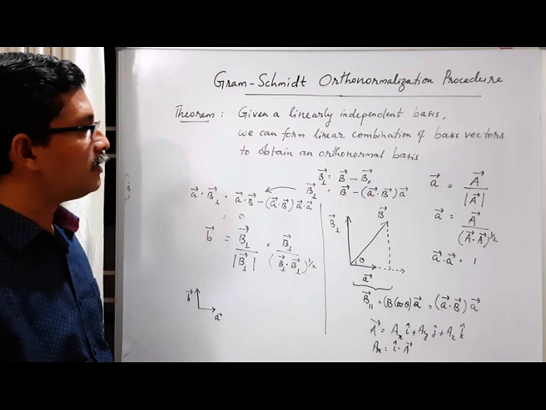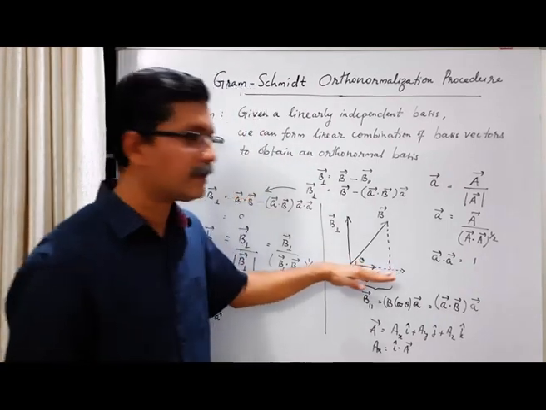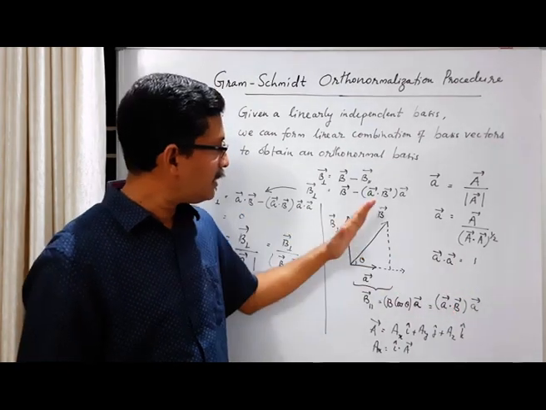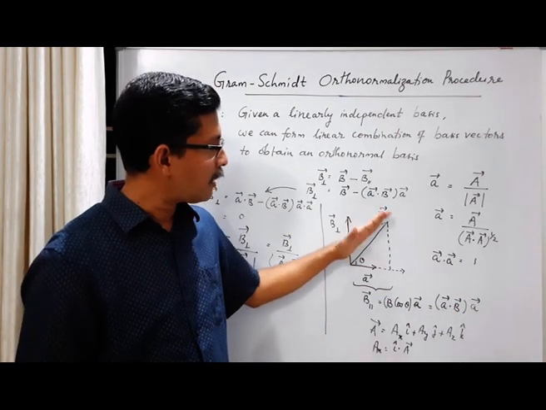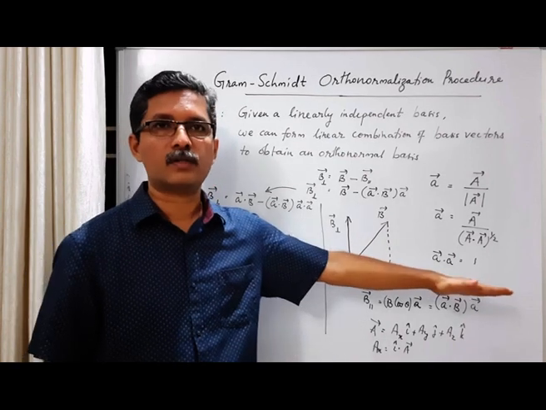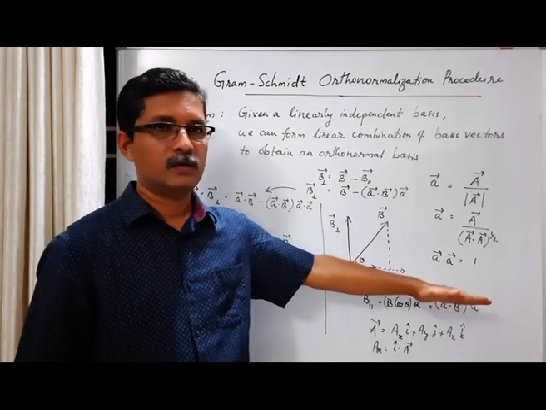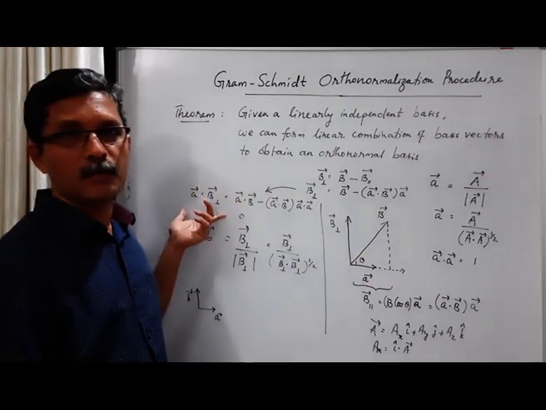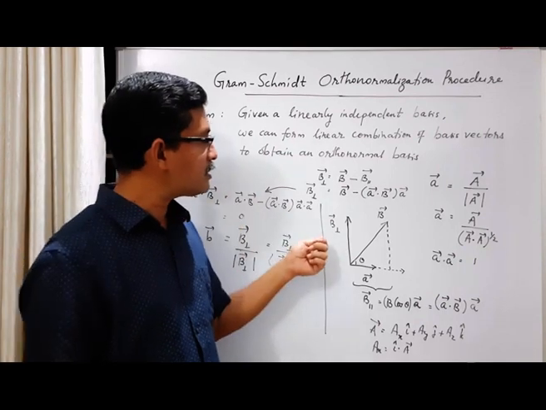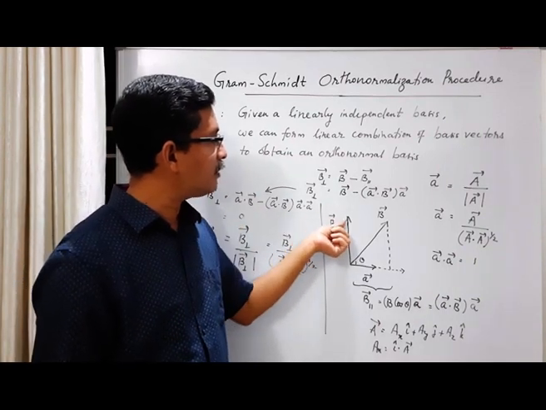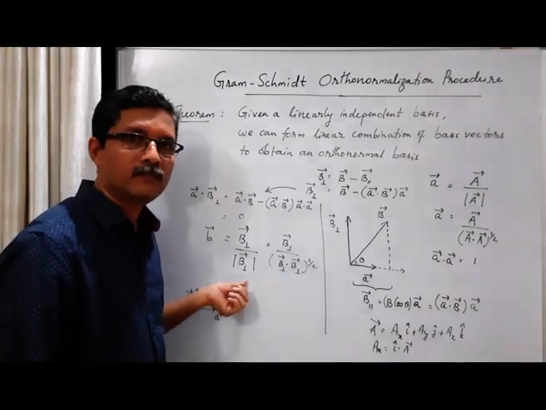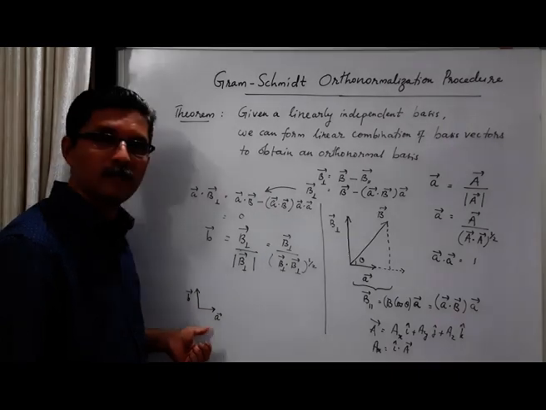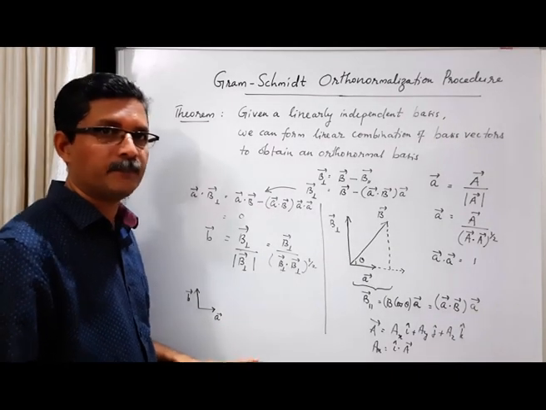So what is the procedure here? What we have done is, we take the first vector, then normalize it by dividing with its own magnitude. Then we take the second vector b and subtract the component along the direction of the first vector, that is step 2. So what is remaining will be perpendicular to this vector, that we can check by taking the dot product. Now in the third step, we normalize this vector by dividing with its own magnitude. Okay, so we get the normalized vectors, which are now mutually perpendicular. So this is the procedure.